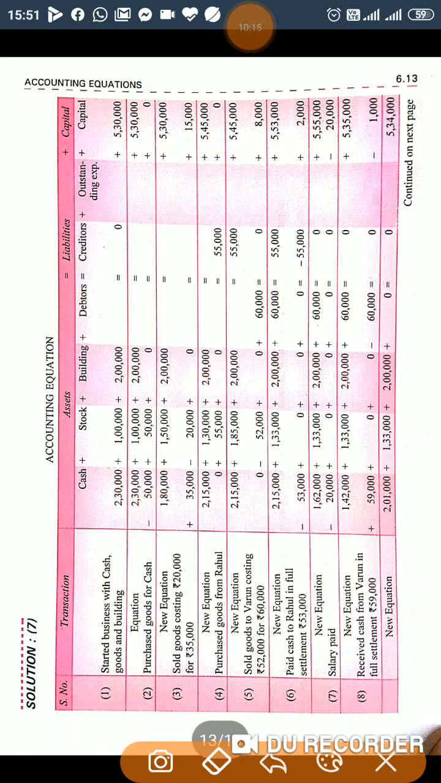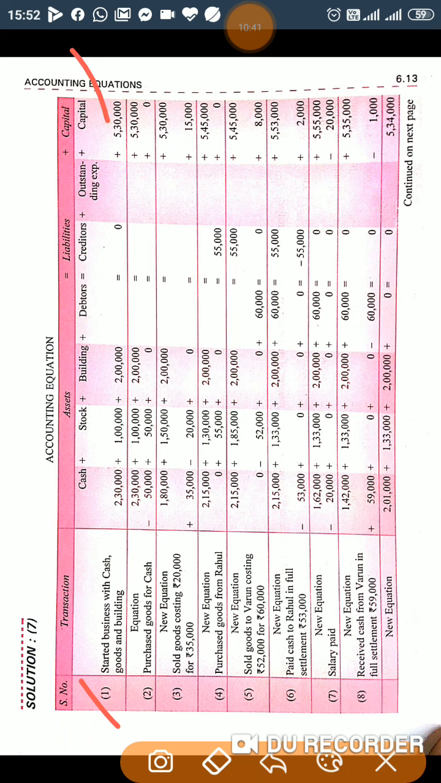So the first transaction is started business with cash, goods and building. Cash is involved, stock is involved, building is involved. So cash we will write 2,30,000. For stock we will write plus 1 lakh. Building we will write plus 2 lakh. The total amount is the capital. So 2 lakh plus 1 lakh, 3 lakh plus 2 lakh 30,000, that is 5 lakh 30,000 will be shown